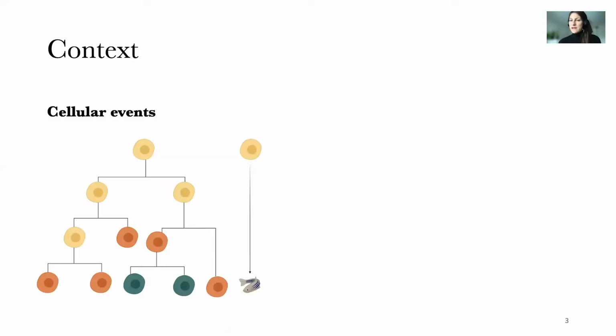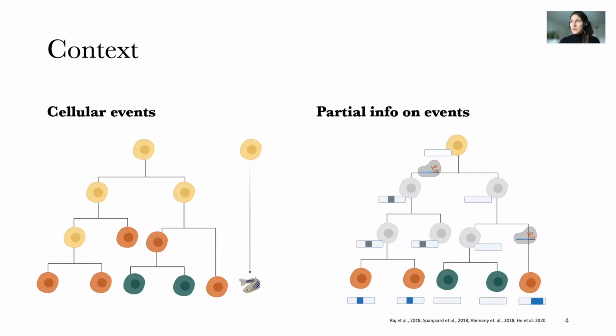In the biological reality, on the way from the zygote to a fully grown organism, there are three main cellular event types. These are cell division events, indicated here as bifurcations, cell type change events, here shown as color change events, and cell death events, here shown as dead branches. Now, in the last couple of years, several experimental studies have been able to combine single-cell lineage tracing with single-cell RNA-seq, providing us with partial information on these events. But now, how can we best analyze this combined data?